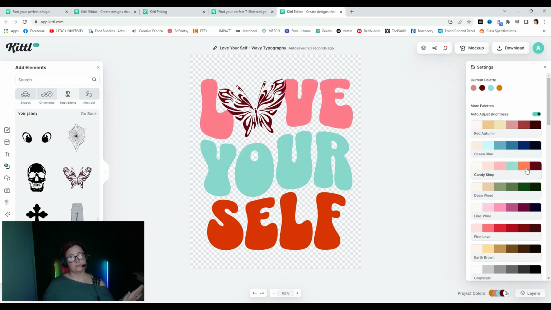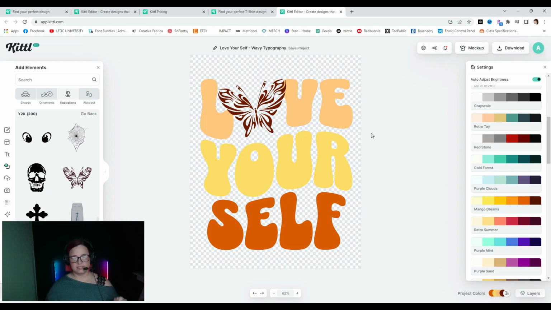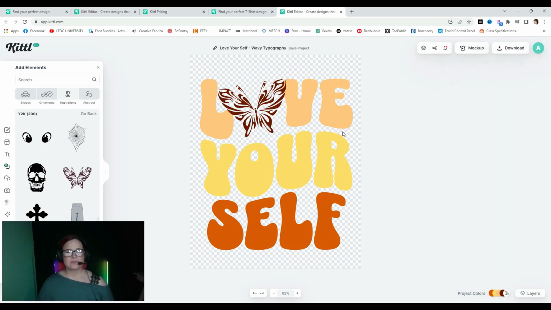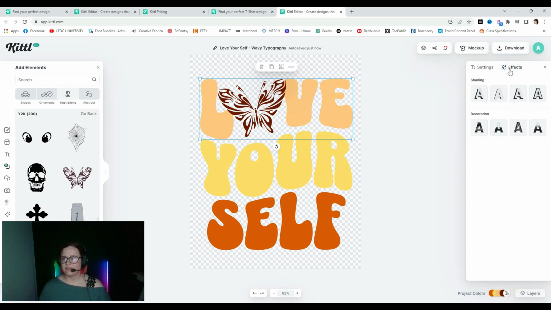Oh, I kind of like that. Okay, so I kind of like this retro. I kind of like this Mango Dreams right here for this design. So I'm going to choose that. And what I also want to do is maybe put some sort of an effect on the letters. Okay, so we're going to grab the word love, or just LVE actually, and we're going to click effects,